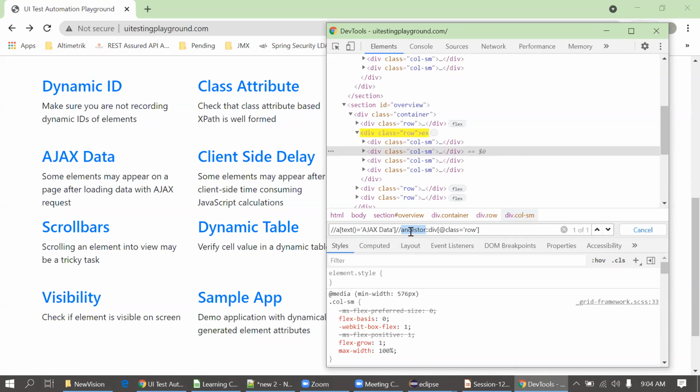You will use this in a big table or big complex UI. In a simple UI, you will not be able to use this, it is not required. I have tried with multiple complex UIs, but I am not able to find a proper UI on any site. There were a few sites, but they were not stable, so I am not able to show the locator creation there.